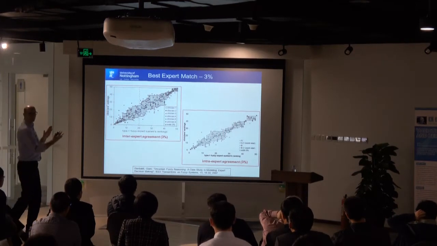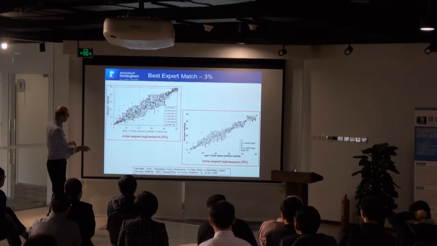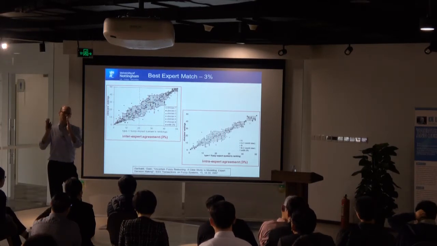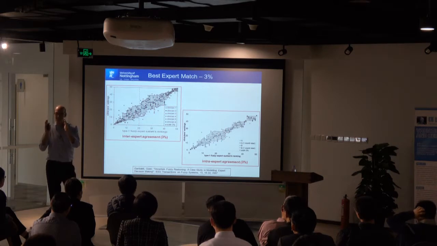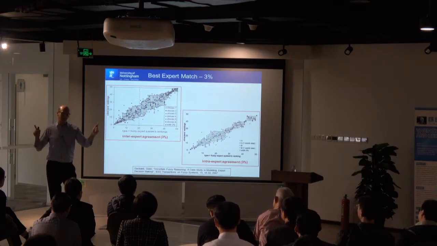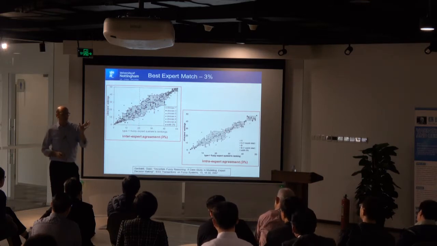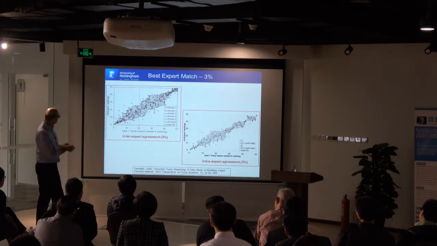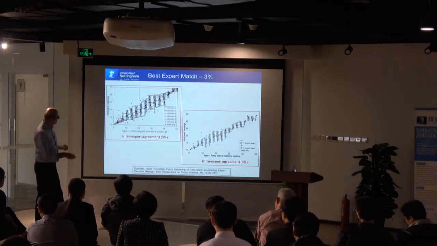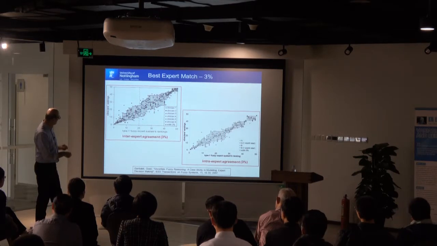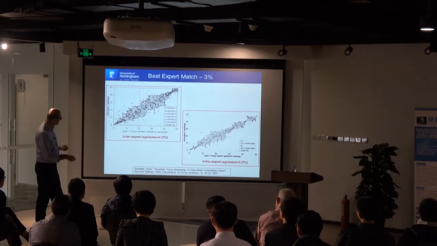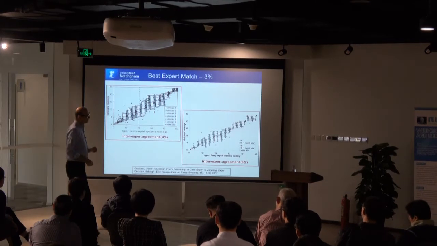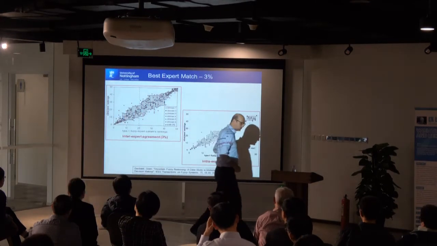However, 3% wobble gave us a best match with the experts. So if I take my fuzzy system and I wobble it by 3%, 3% means 3% of that x-axis. On that age variable from 0 to 100, it means varying the centre of the set by 3, left and right. Then I get the best match with the experts. And the interesting thing here is I get the best match of both inter and intra-expert agreement.